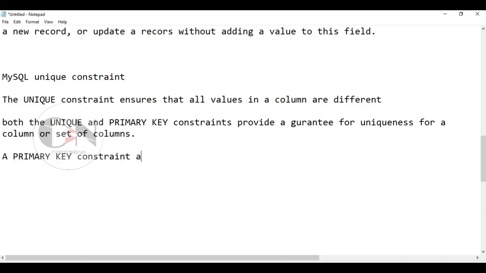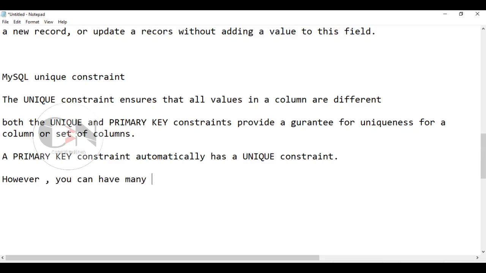A primary key constraint automatically has a unique constraint. However, you can have many unique constraints per table, but only one primary key constraint per table.